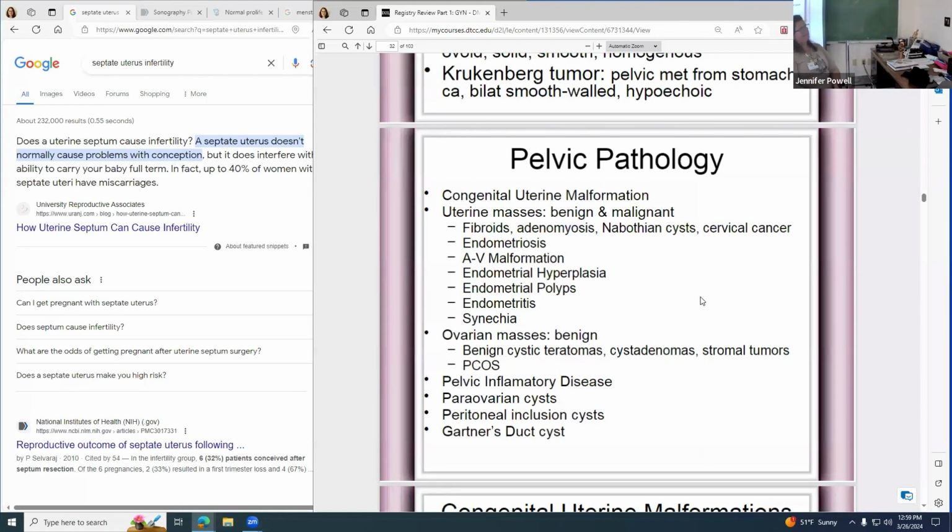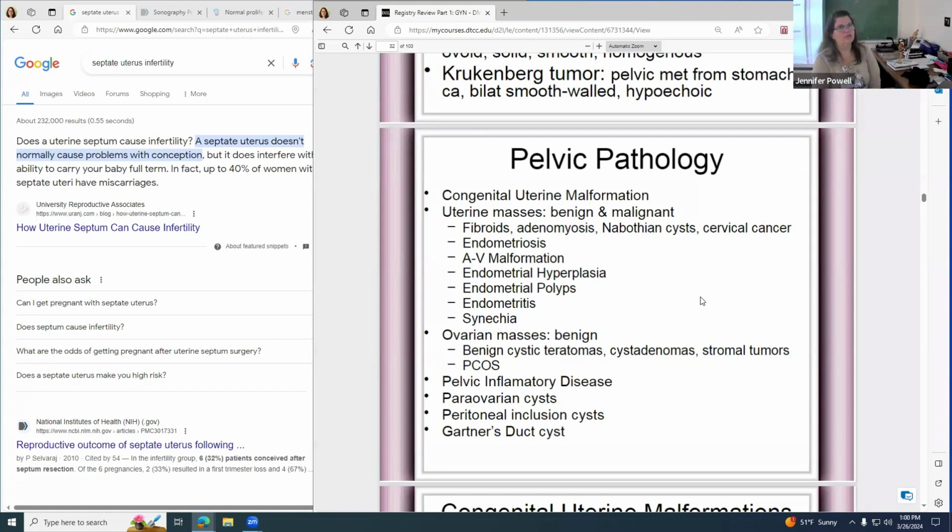Nabothian cysts, I don't know that I'd call that pathology, but pretty much everybody has that, and they're not harmful in any way as long as they stay small. If they got big enough, they could cause a problem. Cervical cancer,